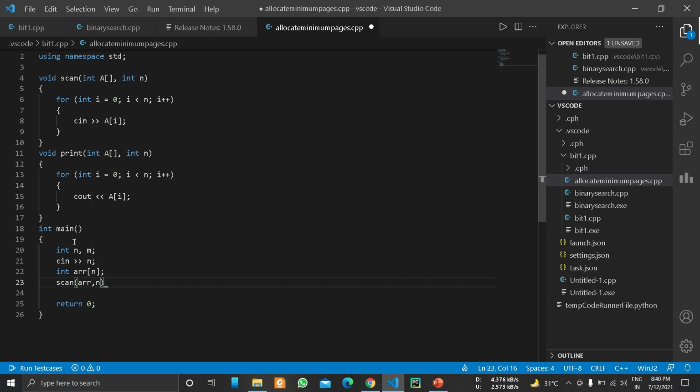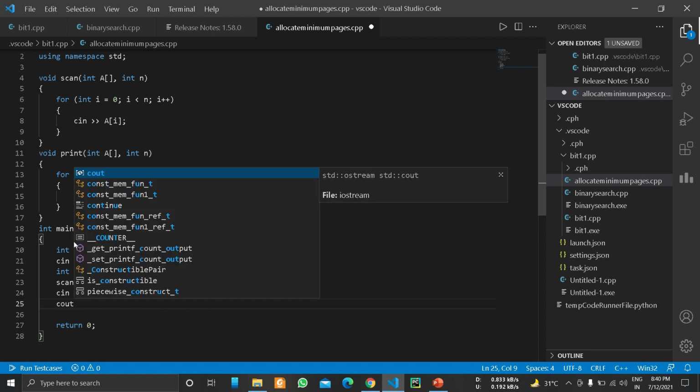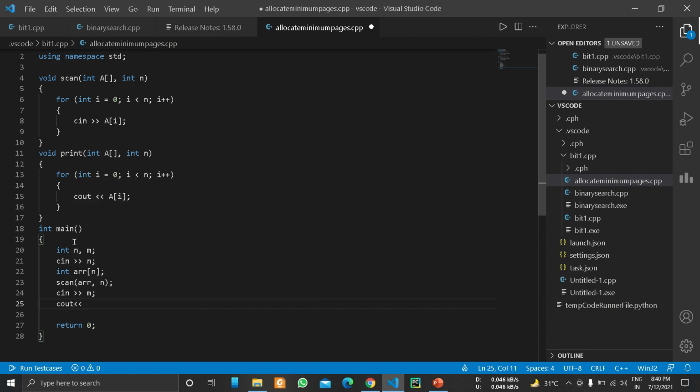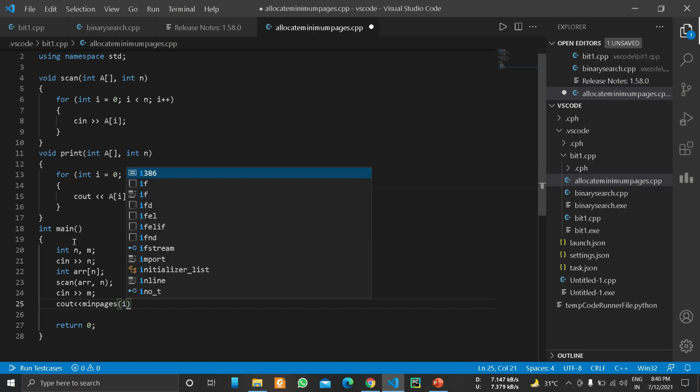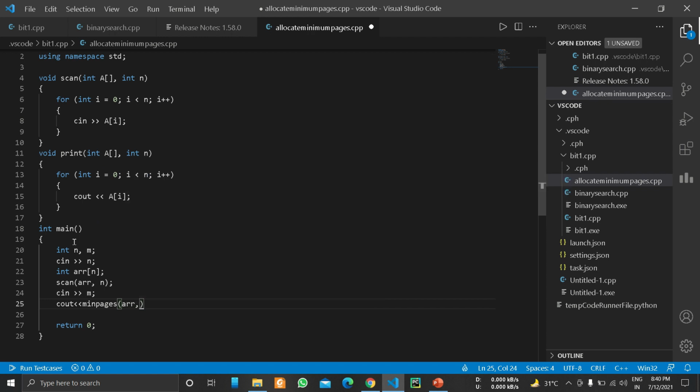After that input the number of students, and we will call the function minimum pages, and pass the arguments as our array, n and number of students m.